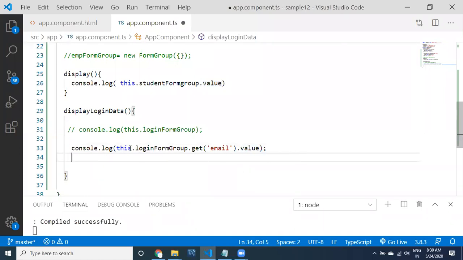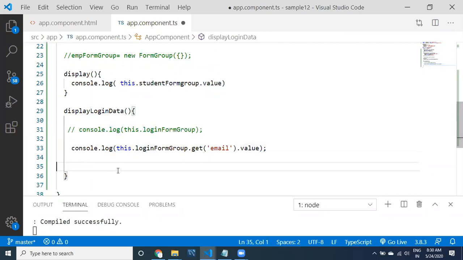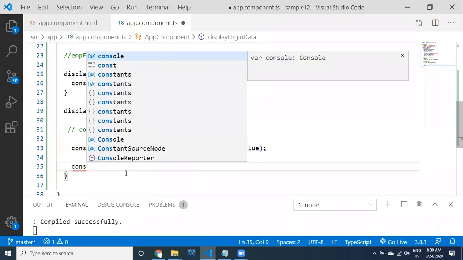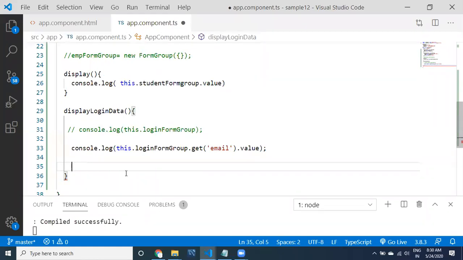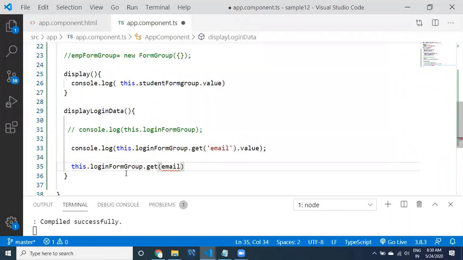Once it is done, now I would like to show you some other information, like how to set the value. We are reading the value here in the component class. Not console, but this.loginFormGroup.get of email.